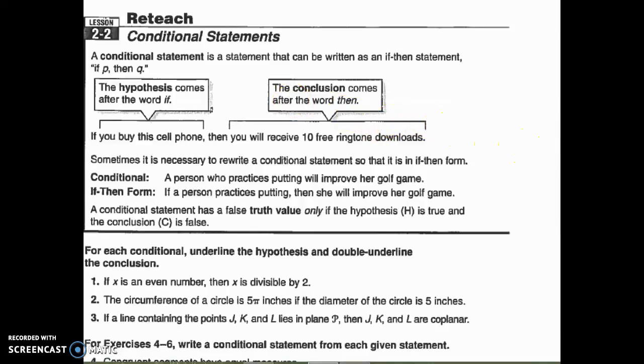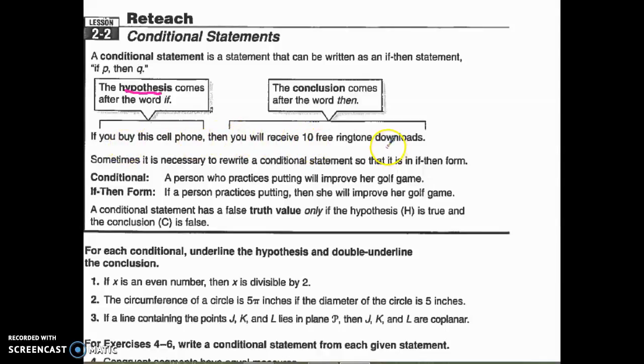Today we're looking at conditional statements. When I have a conditional statement, it's a statement that can be written as an if-then statement, such as if P, then Q. Remember, the hypothesis is the word that comes after the if, and the conclusion comes after the word then. If you buy the cell phone, there's my hypothesis, you buy the cell phone,